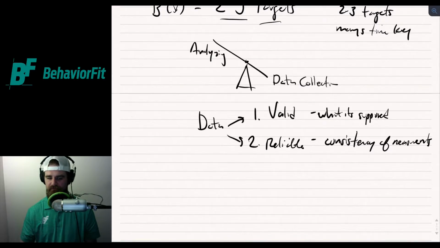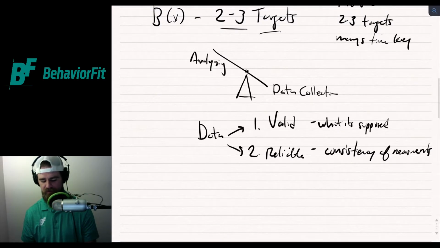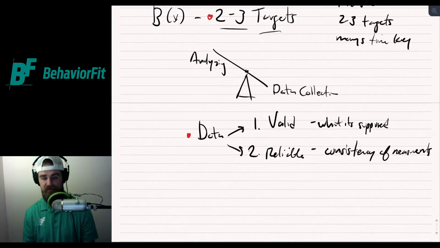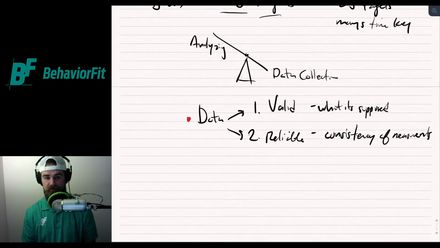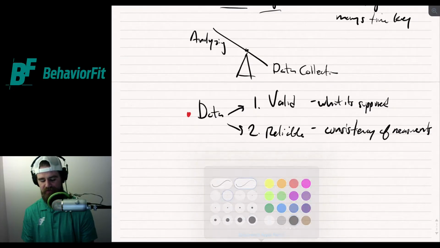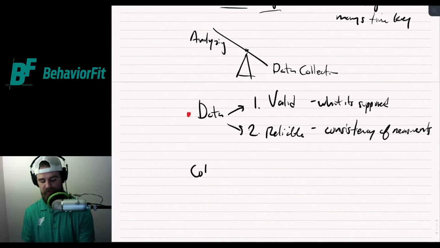So working our way through the behavior here. We need 2 to 3 targets, right? We need to have really good data. And then it comes down to funneling again to the analysis. So just on this first part, we need to look at how we're going to collect those data. How are we going to collect? Our collection method, one of 2 ways.